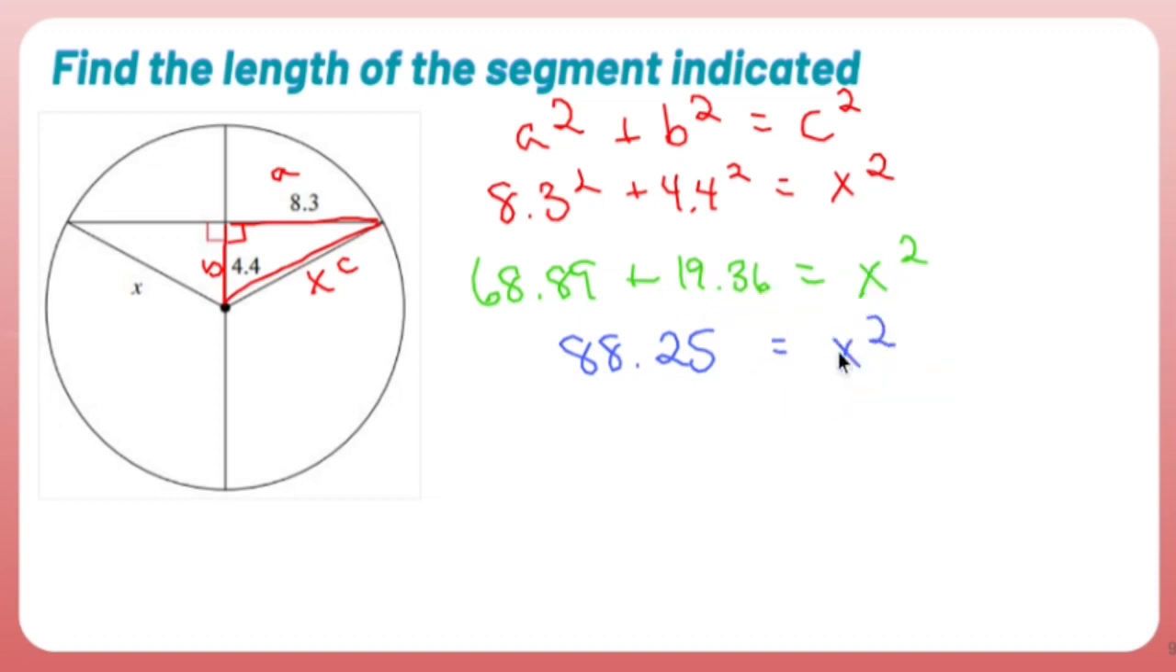In order to get X all by itself, I have to square root both sides. And remember, usually when I square root both sides, you're thinking positive or negative thoughts, not when you're dealing with length. The square root of 88.25